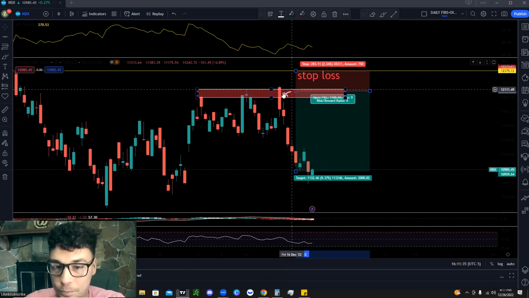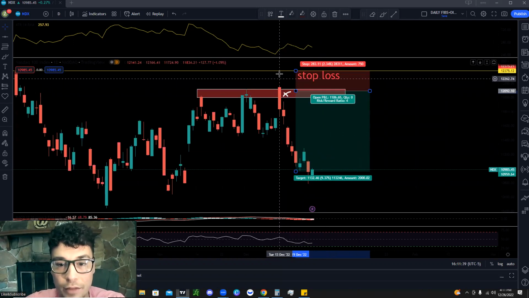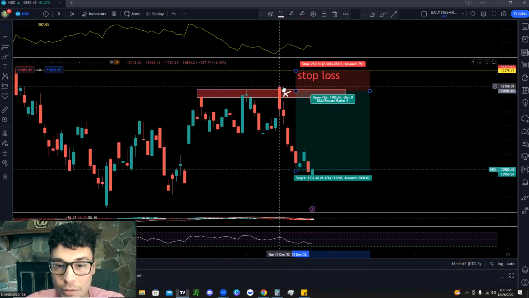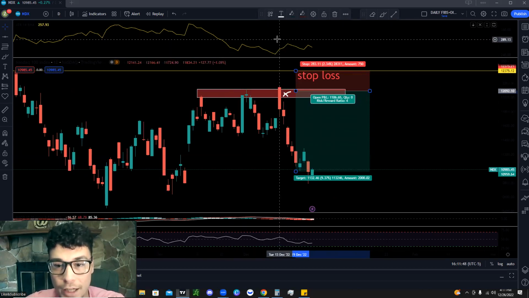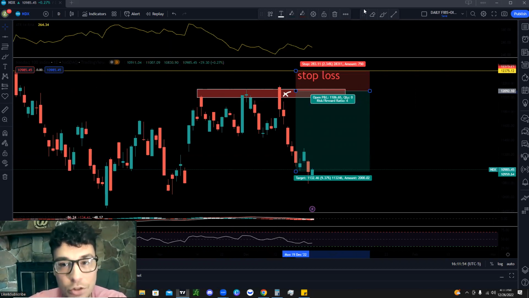So even if your entries aren't perfect, you still want to be able to give yourself a valid stop loss. That way you're not stopped out by something just strictly going above one of your zones. You want to use the ATR, the average true range, to go ahead and help yourself out and give yourself a valid stop loss. Now, the next one we're going to do, we're going to look at some day trading situations, right? So we're going to zoom down to some smaller time frames and really show you guys how that